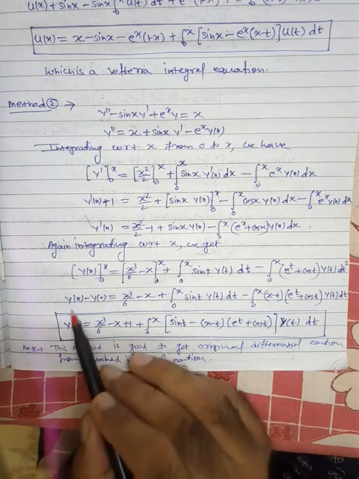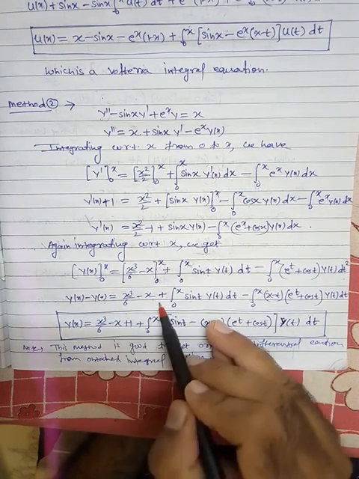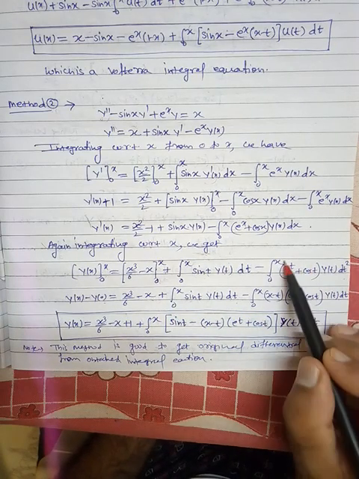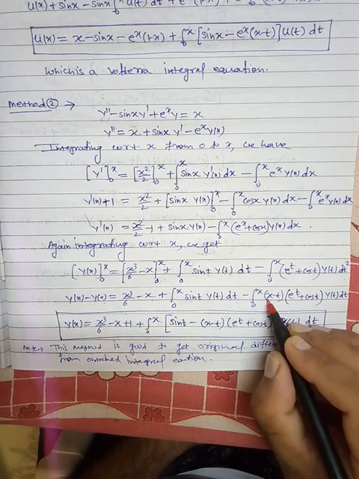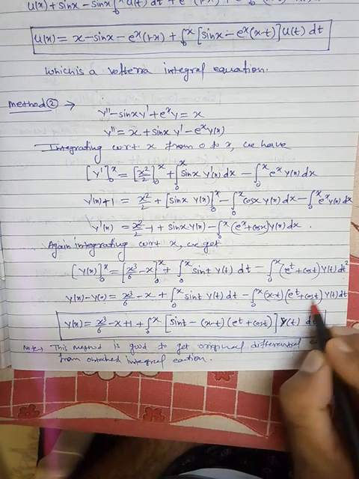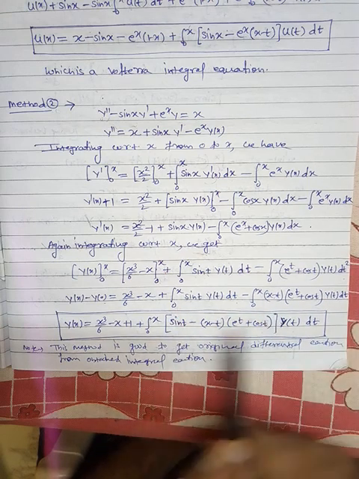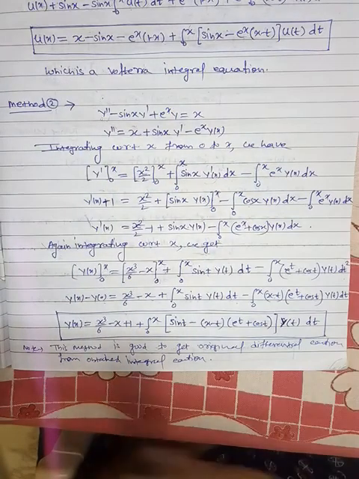So what you will get? We will get this here. This is as it is the same, this is as it is the same, and now this will be nothing but converting the second order integral into first order with the help of that formula. So x minus t, e raised to the power t plus cos t y(t) dt. And now adjust these two integrals, so we get this equation. So we have two methods, one is this, another one is this.